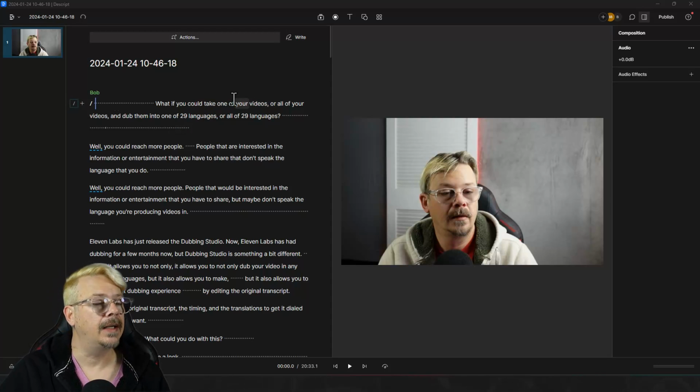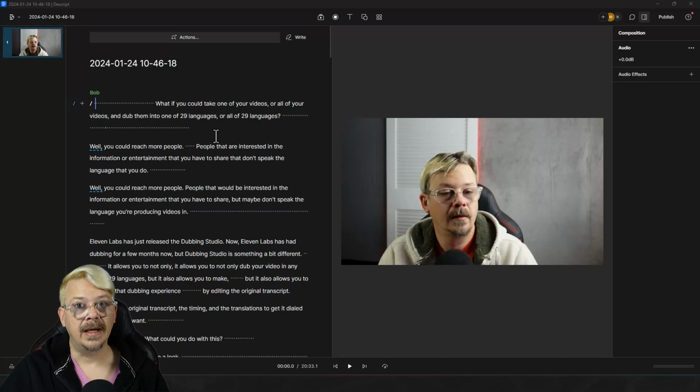I'll show you why. Everywhere you see this series of dots in the transcription, that's a pause, or what Descript thinks is a pause, at least. So it makes it pretty easy to spot where you had silences in your recording and things you might want to cut out. And sure, you could do that on a waveform, but if you're doing it in a waveform in a timeline, you don't really have the word before it and the word after it sitting right there to figure out what's what. You have to go play through, and that's frustrating.